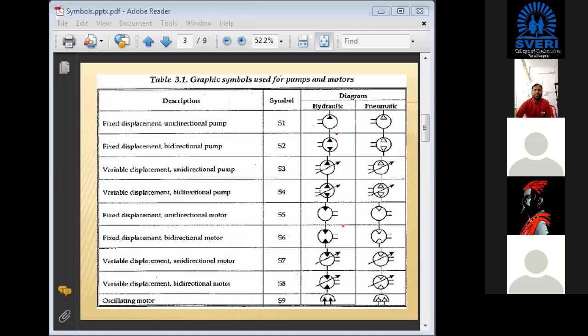Over this slide, may I go to the next one? Or do you want one more minute? Should I go to the next slide? Just tell me. In the chat box, just write your message, yes or no, or you can unmute yourself also, no problem. These are very important symbols. Due to that only I am asking you to draw this.